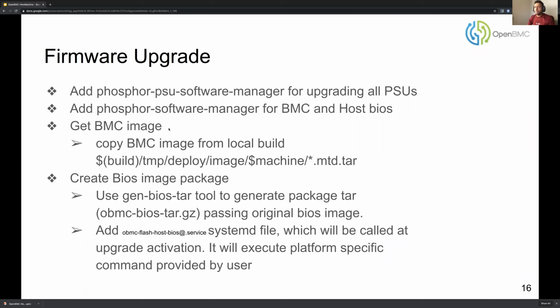Okay, so now after you have a system and you want to make changes or upgrade the image, you need a firmware upgrade. There are several firmware upgrades available for certain types of firmware in the system which you want to upgrade. The very basic one is the PSUs. There's a phosphor PSU software manager for upgrading all PSUs. There is the phosphor software manager